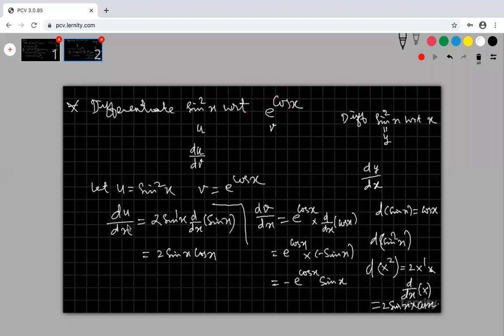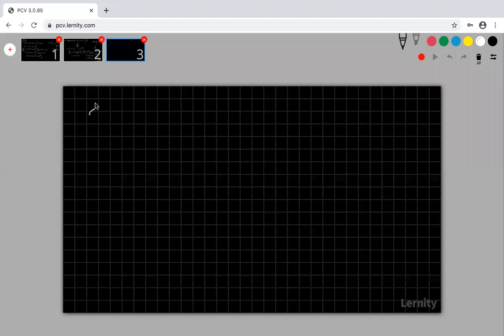Right. So this is my du/dx, this is my dv/dx, but we need du/dv. Look at the question. I am taking this as u, this as v. We have to differentiate this function with respect to this function. That means we need the rate of change of u with respect to v. That means we need du/dv, but I got only du/dx and dv/dx. Then what is my du/dv? My du/dv is nothing but du/dx divided by dv/dx.